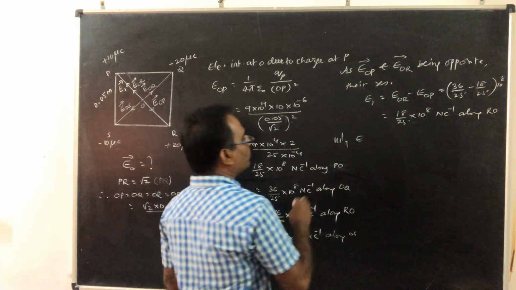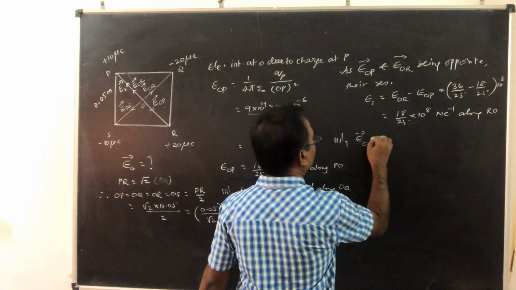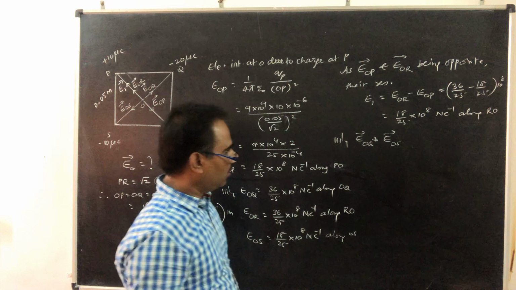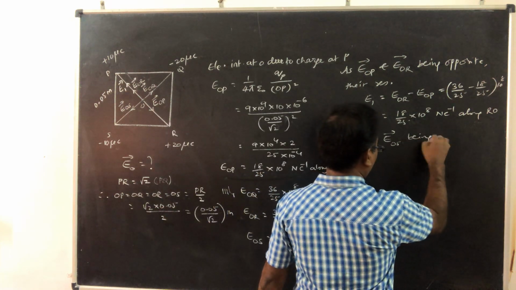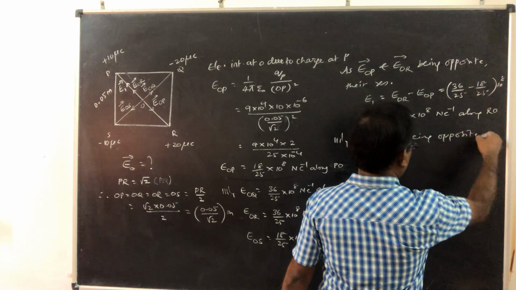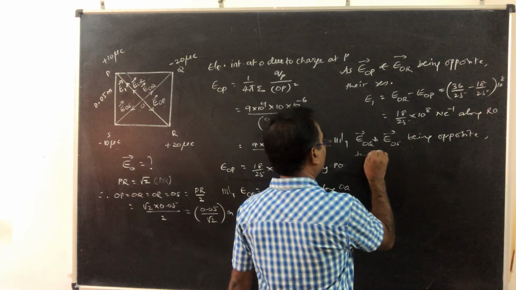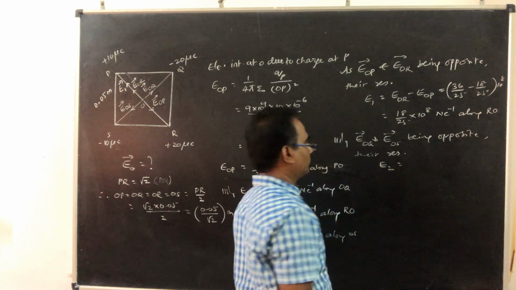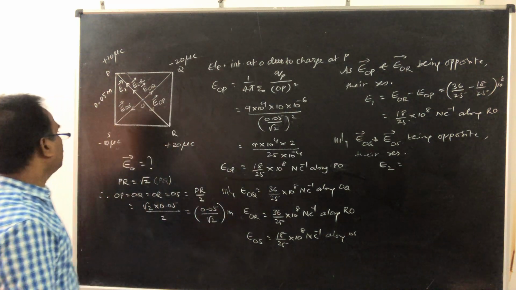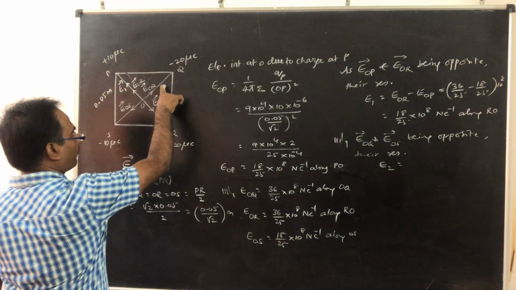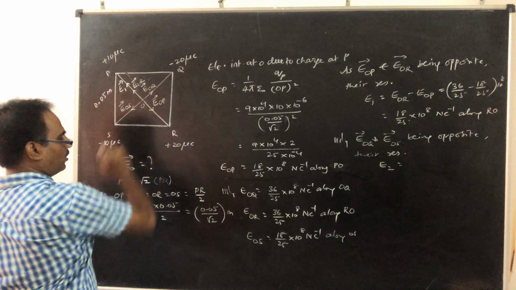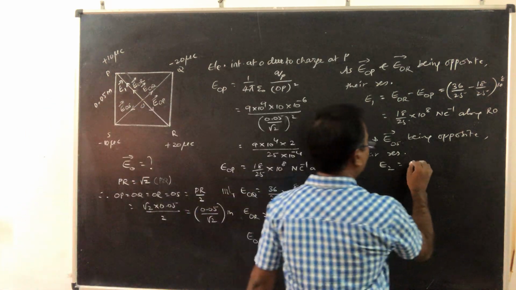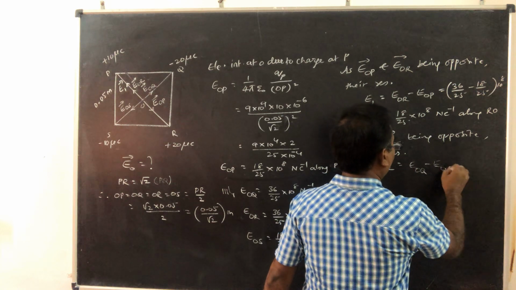this EOS, EOQ. EOQ and EOS being opposite, they result in E2. So among these two, which is stronger? This EOQ, it is stronger than EOS. EOQ, EOS, this is stronger, so it is EOQ minus EOS,